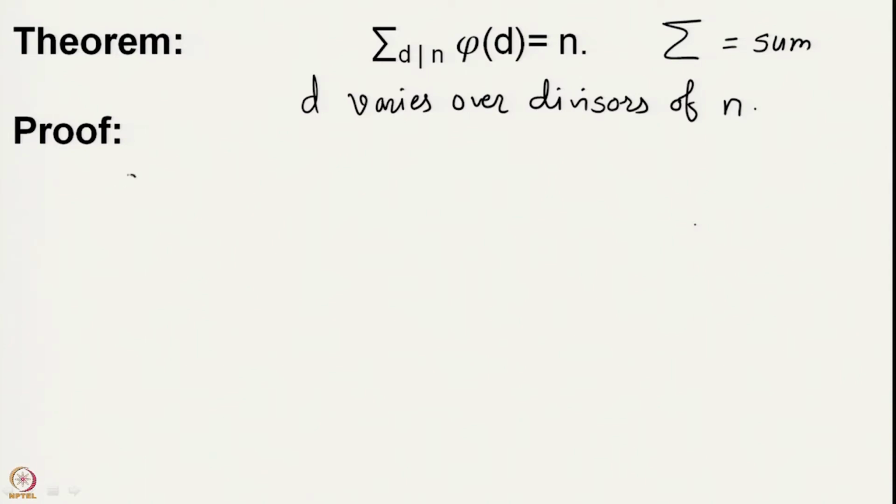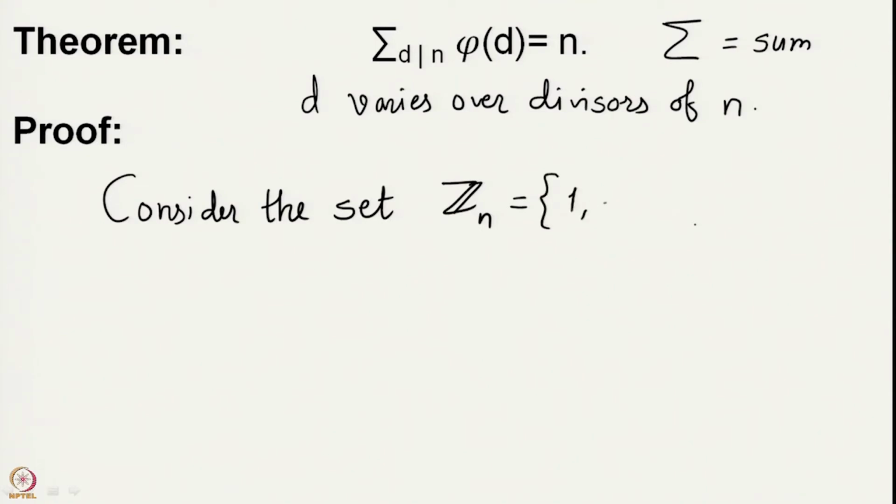What we do is that consider the set Gn, which is simply the set of natural numbers from 1, 2, 3 all the way up to n. And what we have is that the cardinality of Gn is n. This is something that we all agree with. Further, we